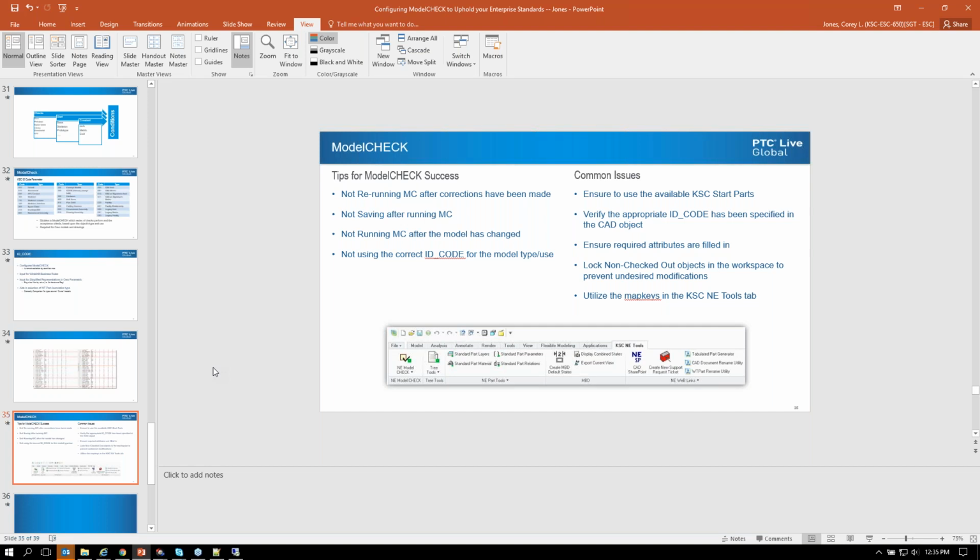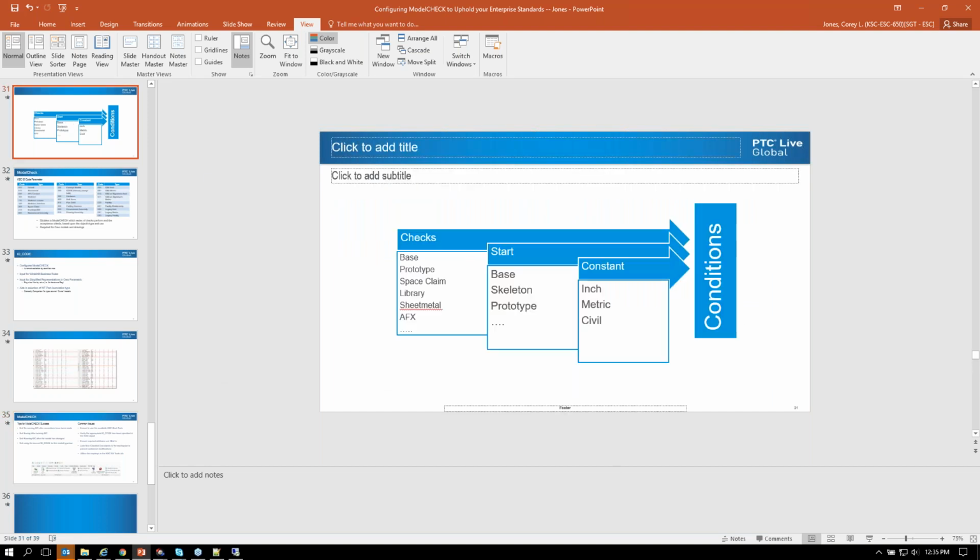Like I said, the biggest thing is just understanding that ModelCHECK is static. When you hit the button, you have to save it. If you needed to fix something, you have to rerun it. From a gatekeeper standpoint, the functionality inside of Windchill is pretty simplistic in my opinion. A lot of it comes down to understanding mainly this type of slide here of